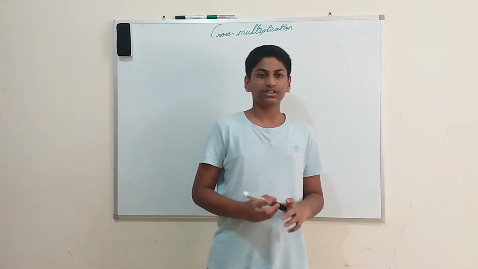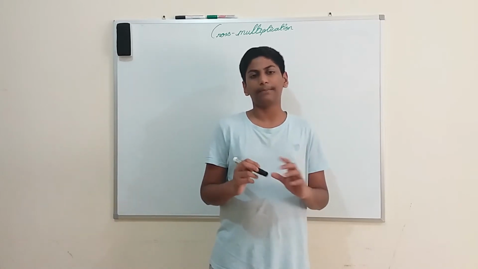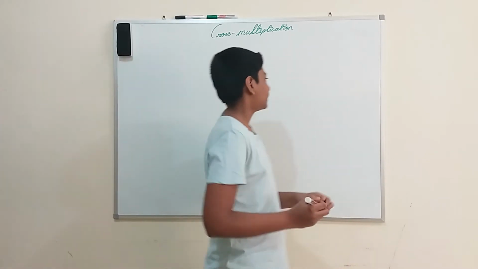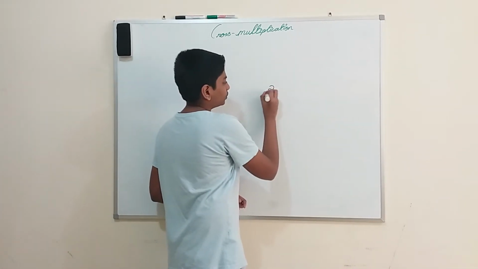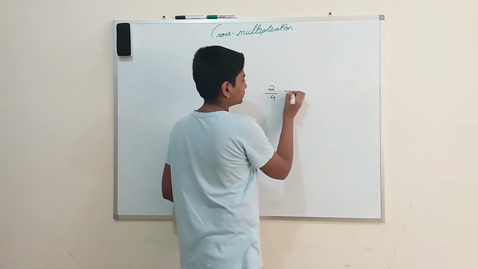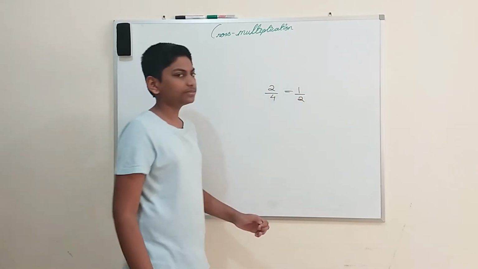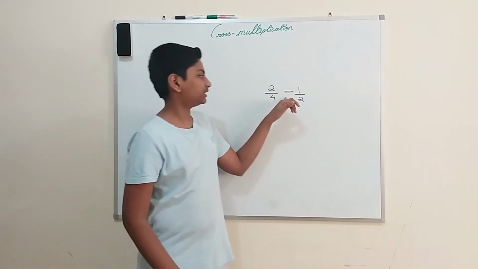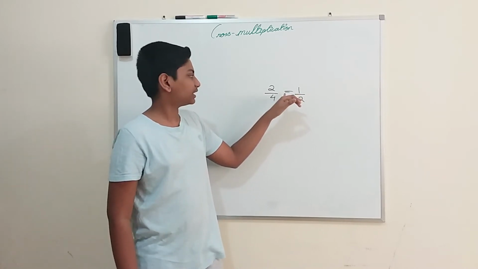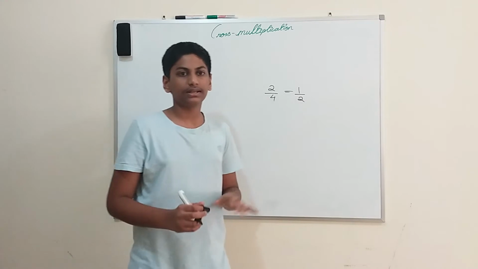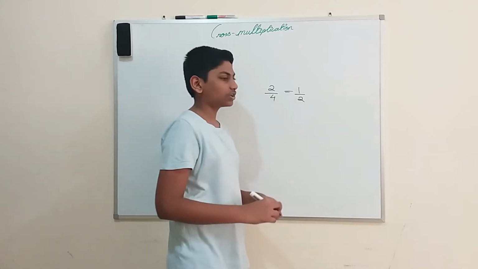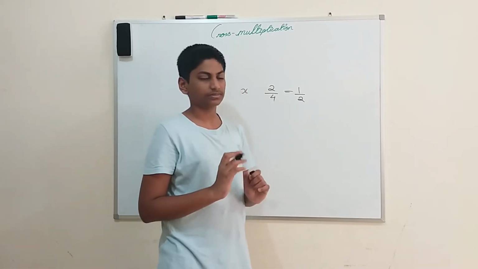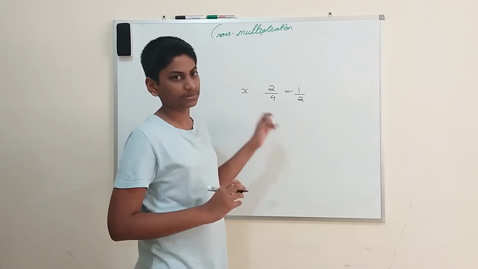So now what we will do is solve a small example under this topic, so that it will be like a refresher. For example, if I take 2 into 4, which is equal to 1 by 2. Cross multiplication needs two things. One, there should be a fraction on the left hand side, and in the middle there should be an equal to sign. Only if there is an equal to sign can you cross multiply. And when you're cross multiplying, there may be a variable in some cases, and in some cases there won't be.